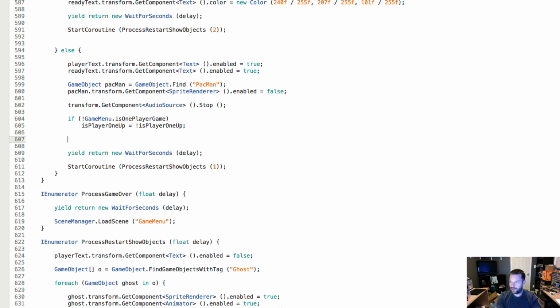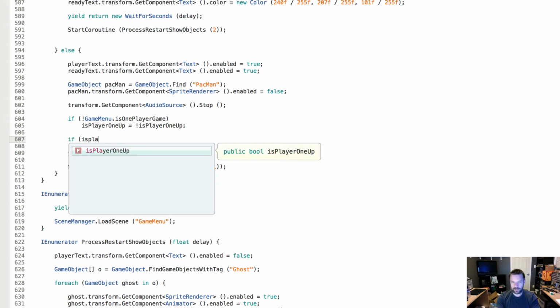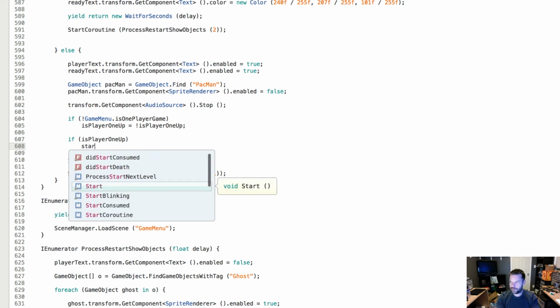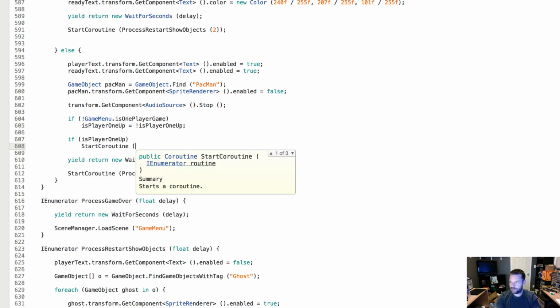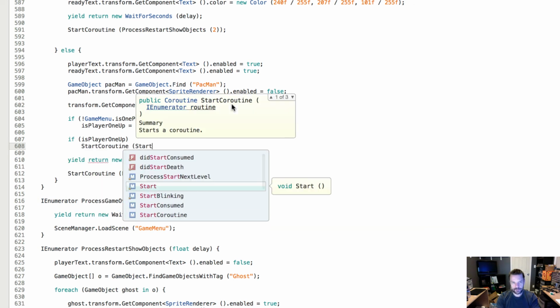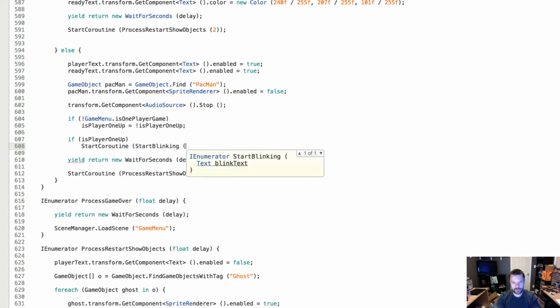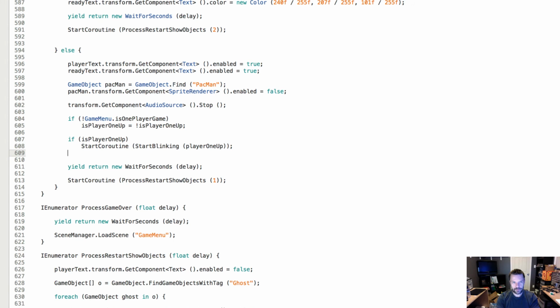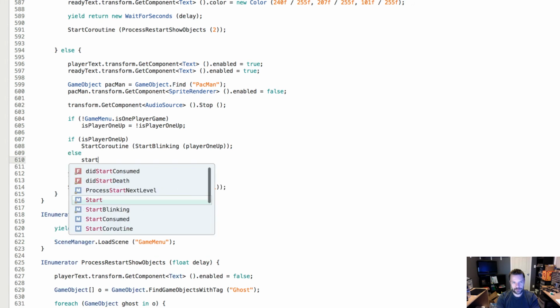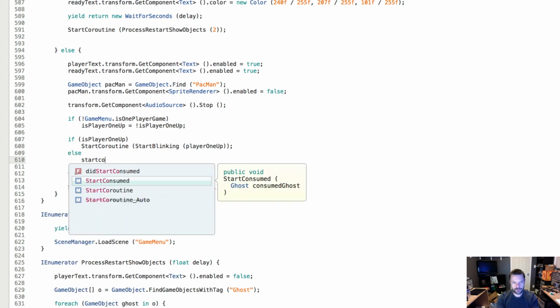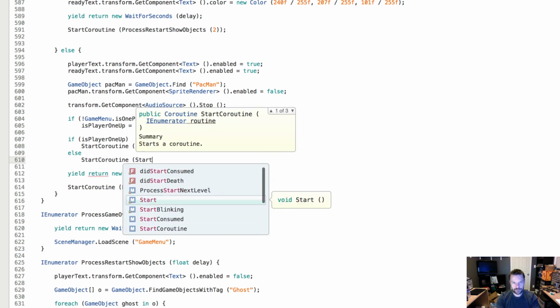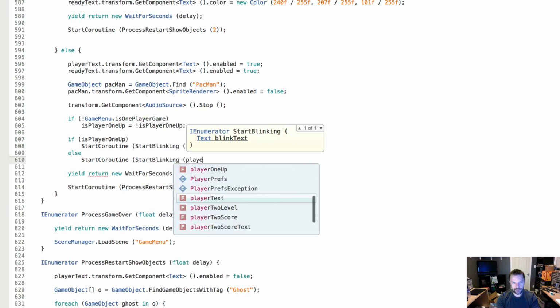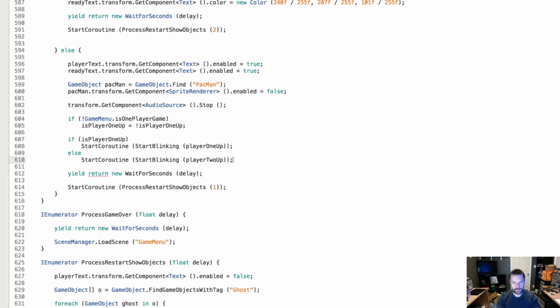Okay, if isPlayerOneUp, then we're going to start the coroutine to blink the proper text. So StartBlinkingPlayerOneUp, else it's player two. So we're going to start the coroutine StartBlinkingPlayerTwoUp. Okay,